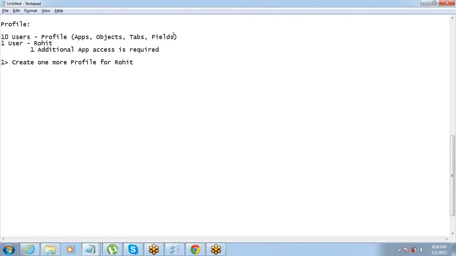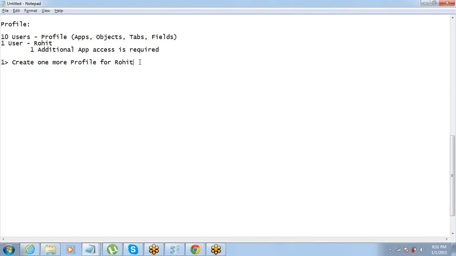One very simple solution which Rohit suggested is go ahead and create one more profile, which is fine. I mean, it is a solution that may or may not be practically feasible. That is something which we will discuss, but it is a solution. Anyone else? What other solution can you think of? No, nothing else. Okay, so I'll just go with what Rohit suggested. So let's continue our discussion on this.